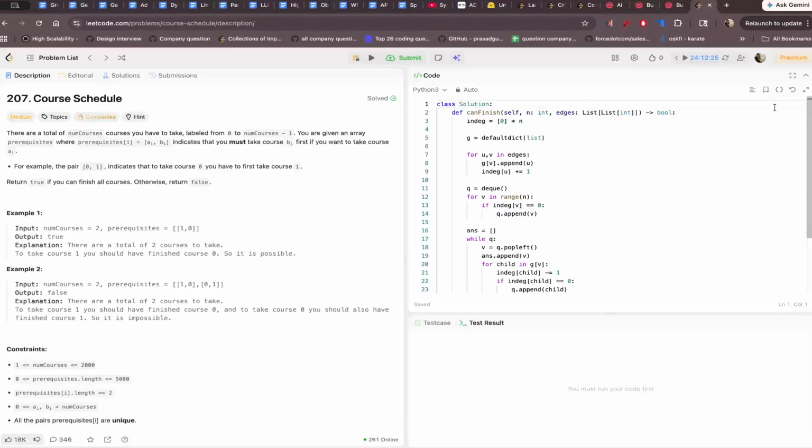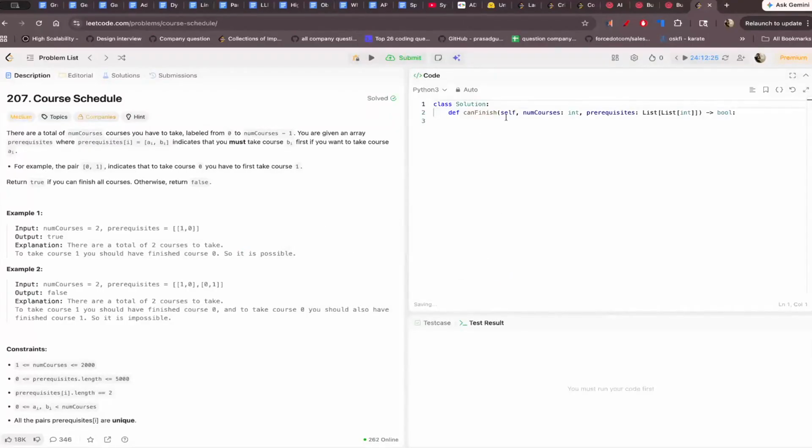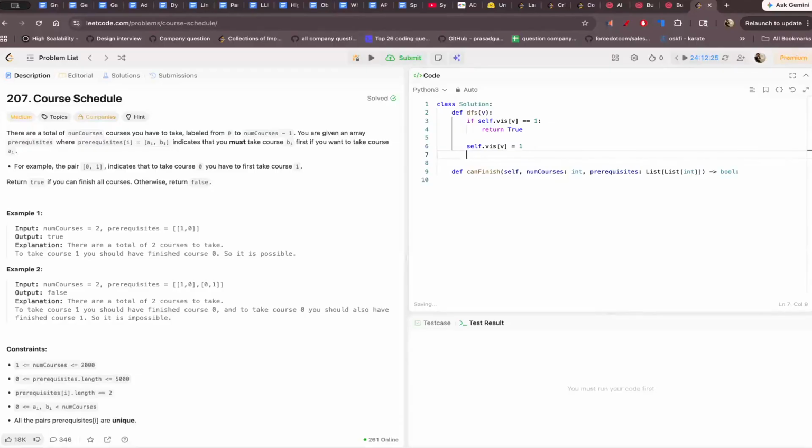All right, so we did this using breadth first search first, the Kahn's algorithm. Let me just remove that and try to do it with what we just learned. So we will do a depth first search on the element, say vertex v. We will simply do, if self.visited of this particular vertex is 1 by any chance, then return true, that yes, there is a cycle. And what we said, if not, then self.visited of this one, we are now marking it that I started doing